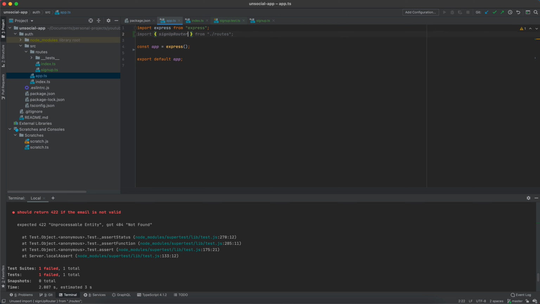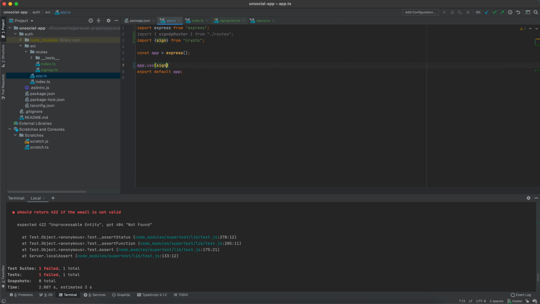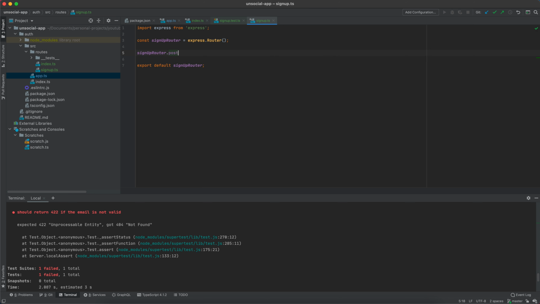So I like this, it keeps a clear structure and it tells us, okay, I'm importing this router from the folder, and I'm going to use this in my application. So now if I write app.use(signupRouter), then this route is going to work, right? I will be able to make get requests to /api/auth/signup. Now I'm not interested in get requests yet, so let's keep writing our code so that the test can pass, right? app.post